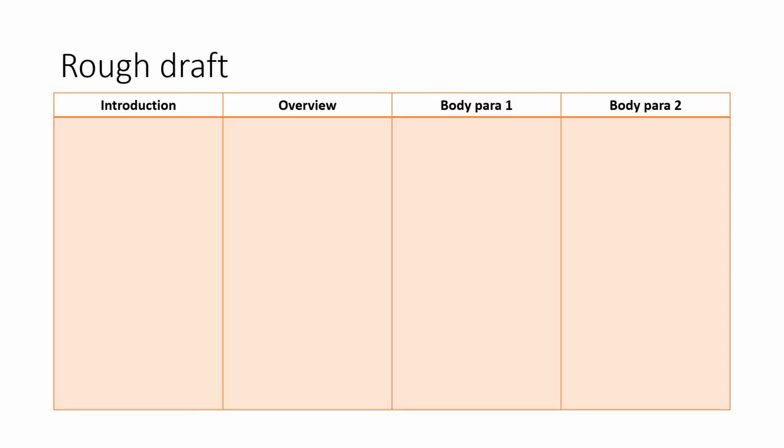The first component is the introduction paragraph. In the introduction, we must paraphrase the given question and other details in the graph. The second component of the report is the overview. Here, we will have to give the summary of the given report, highlighting the important features without mentioning the statistical data.